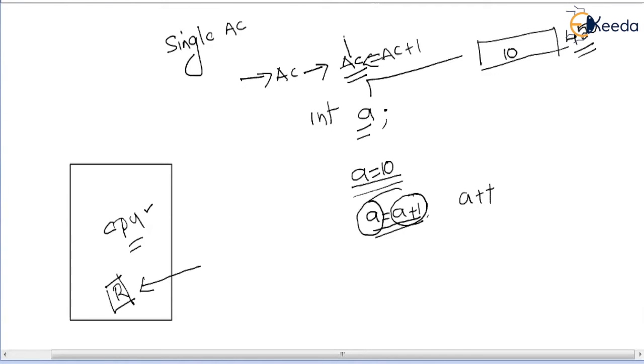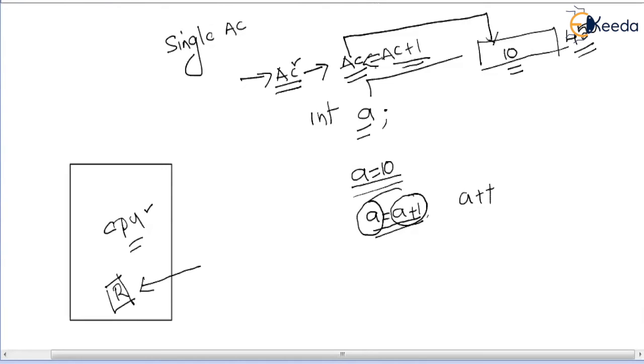Finally, the accumulator contents should be written back to this memory location. Once again, when you want to update any variable in single accumulator organization, as we need to send this value to a processor's register, we are going to use the accumulator. After that, the operation will be performed on the accumulator's contents, that is, accumulator is equal to accumulator plus 1. So the contents of the accumulator get incremented, and so do the contents of the variable A.